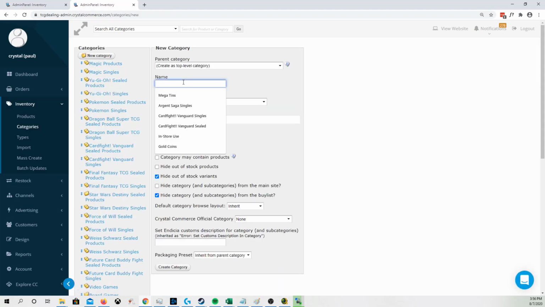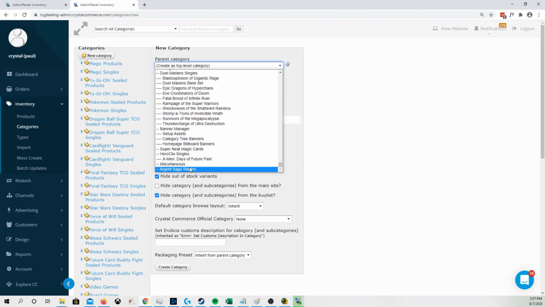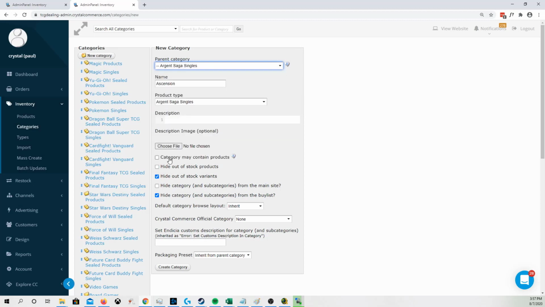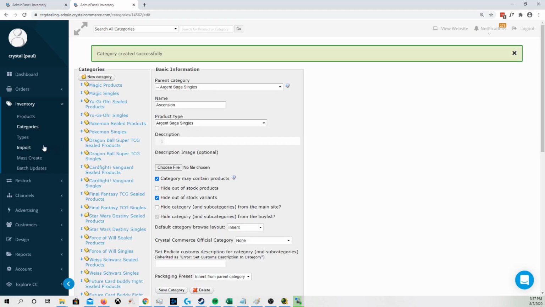So let's say we create another category for the Ascension set. We're going to set it to also be Argent Saga, and we're going to set the parent category to Argent Saga Singles. And we're going to make this one able to contain products because it's the set category. So let's say we create the subcategory first. Now if we go to import,